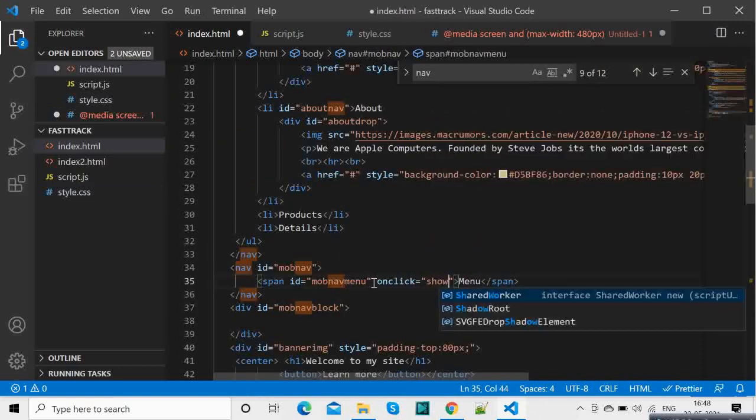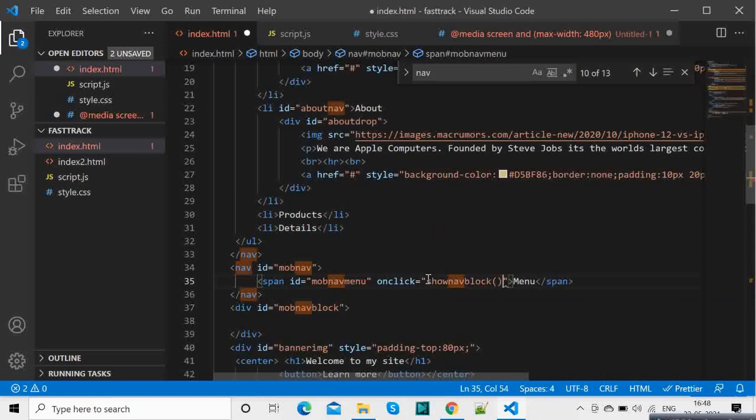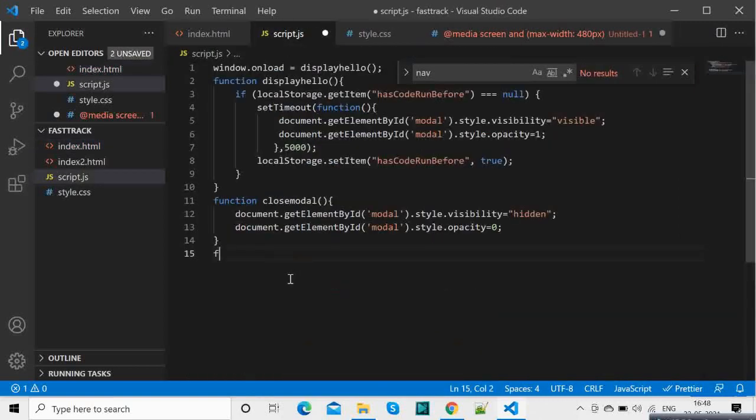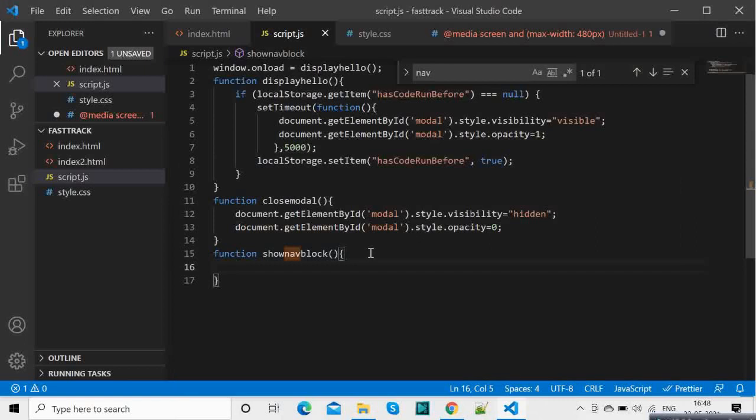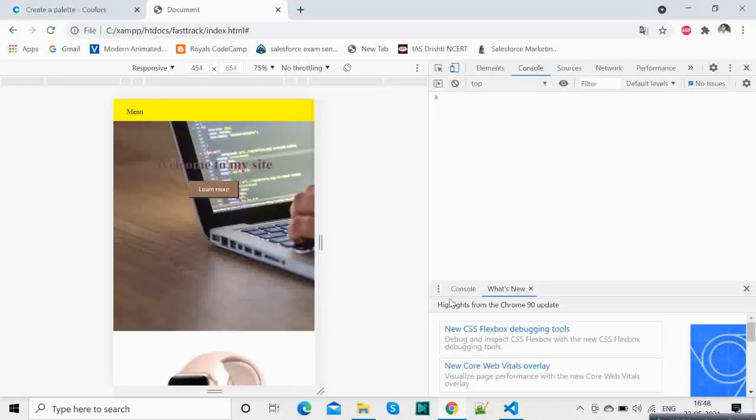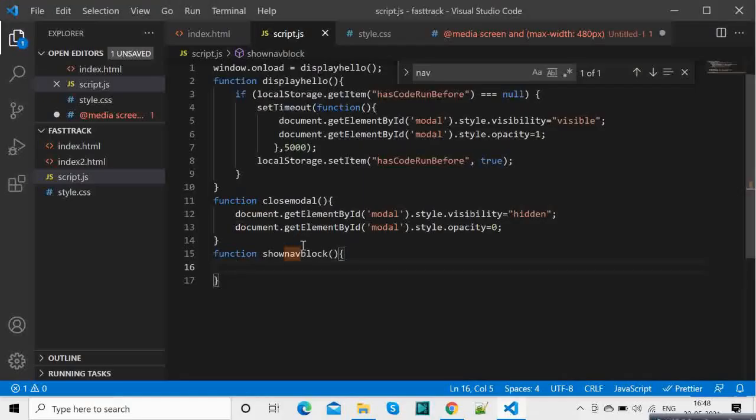So this will be our function, and here we will be displaying this. So how do we do that? On click we want to display it. Initially it's hidden now. So on click, this function will get called, and we will